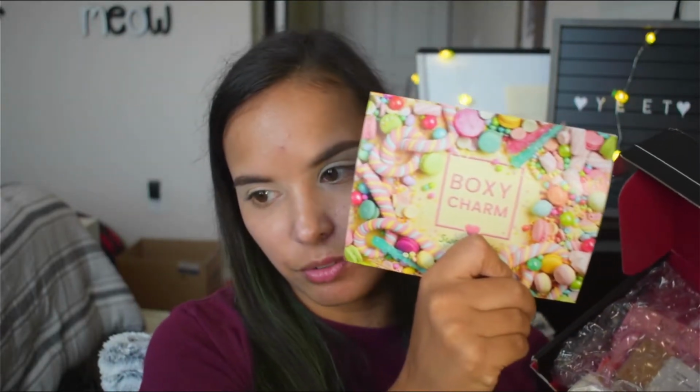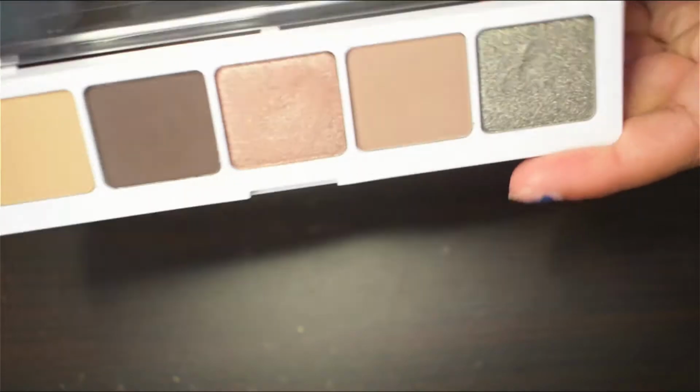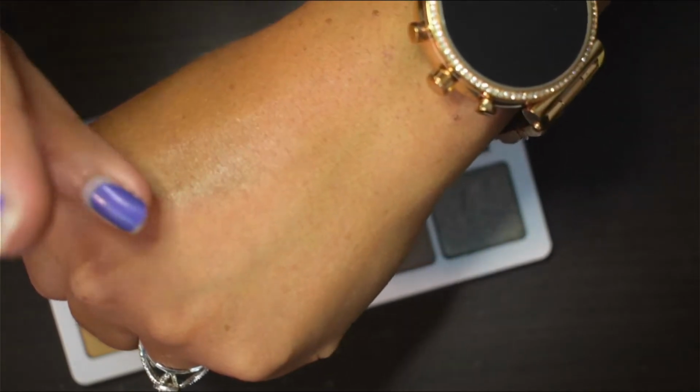The theme is sweet treats. The first thing in the box is this, and I was excited for it. I'm still moderately excited for it, but we'll see. This is a Natasha Denona palette. It's the Ayana palette, I think is how you say that. It's the brown one. It was between this one and a colorful one. I'll put the colorful one up on the screen. I of course wanted the colorful one, and I of course did not get the colorful one, but it's Natasha Denona. I've never tried her shadows before, so I'm still going to try it, and I'm still probably going to keep it,